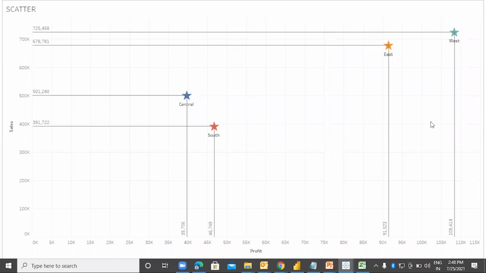It displays the total sales and the profit of each region. So that is the sales and the profit achieved by the western region, eastern region, south, and the central.